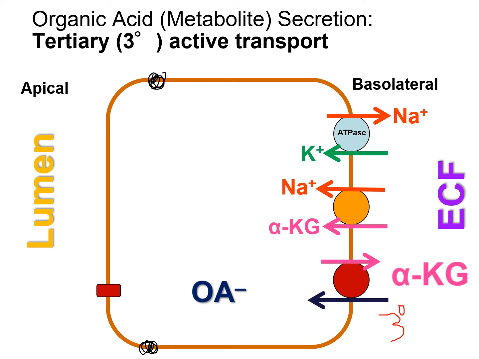Okay, well, the trick part is to find that second gradient and find it pushing a third one. And so the organic anions are brought in using alpha-ketoglutarate. Now the organic anions rise in concentration, and then they're free to diffuse down this facilitated diffusion, which could be,